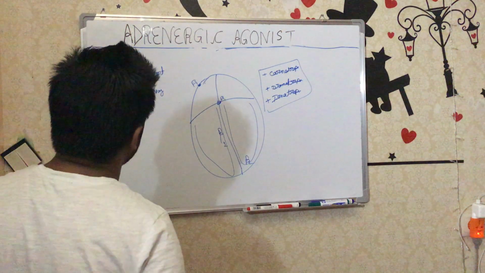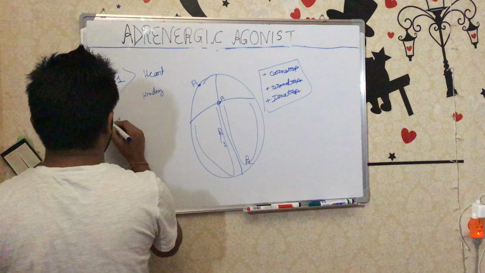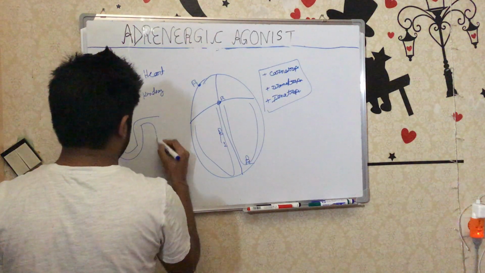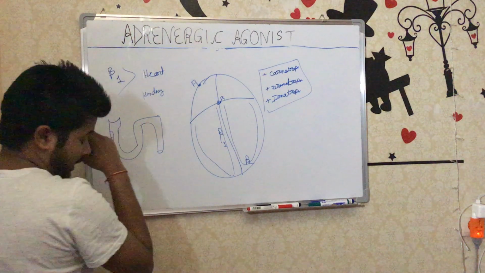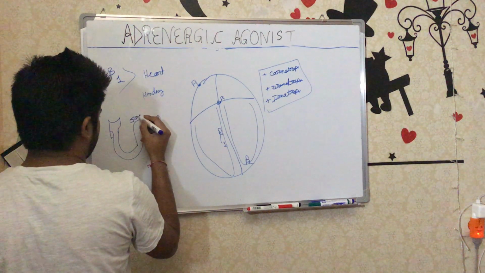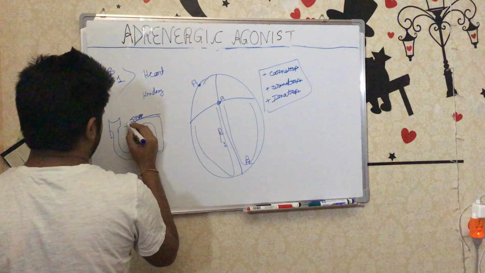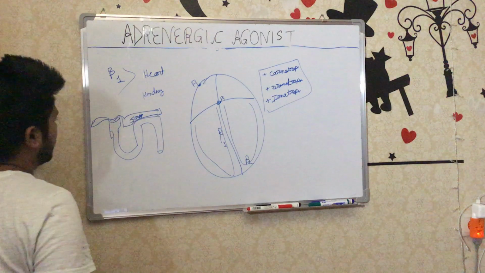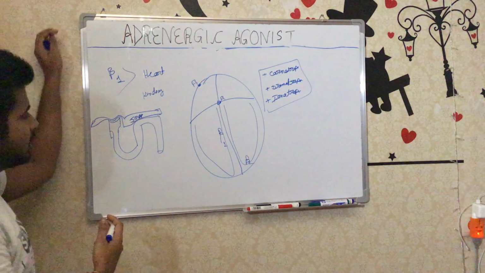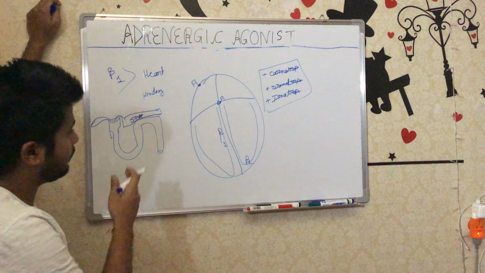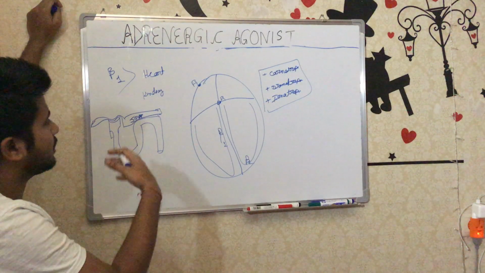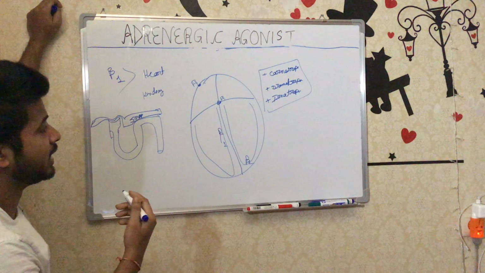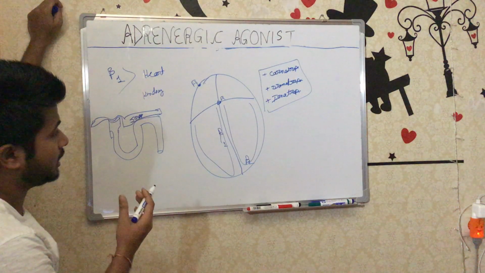What is the function in the kidney? In the kidney, this is the nephron, and the kidney has the juxtaglomerular apparatus here in the afferent area. The juxtaglomerular apparatus releases renin, and renin goes to the liver and becomes angiotensin 1. Then angiotensin 1 passes through the lungs, which have angiotensin converting enzyme, and it becomes angiotensin 2, and angiotensin 2 is a potent vasoconstrictor. It also produces aldosterone, and aldosterone will reabsorb sodium and maintain the